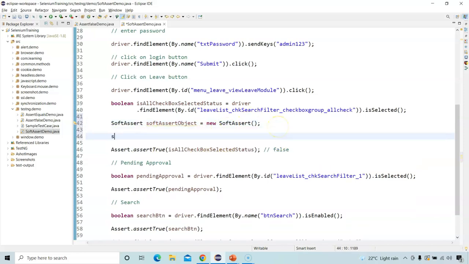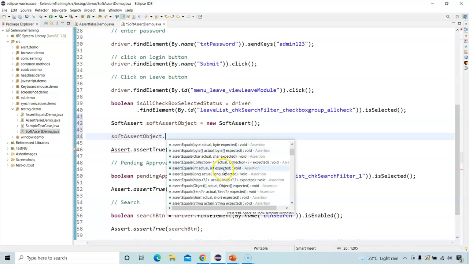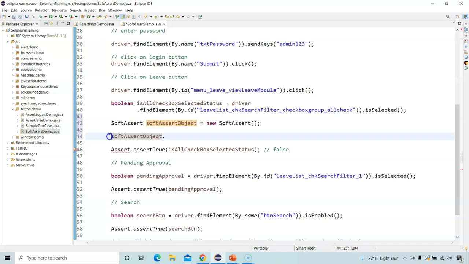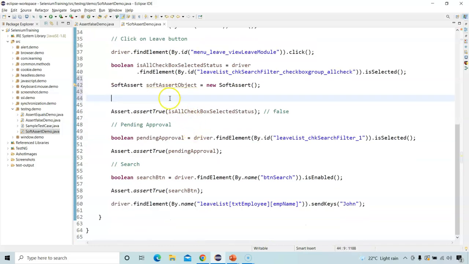So when I say softAssertObject dot, here you can notice it contains all the assert methods which we have discussed as of now. So whatever methods are available for the hard assert, the same methods are available for the soft assert as well, correct? Now I want to replace my hard asserts with the soft assert. So what I'll do, I'll copy the name of this object, and instead of Assert, I will paste that softAssertObject.